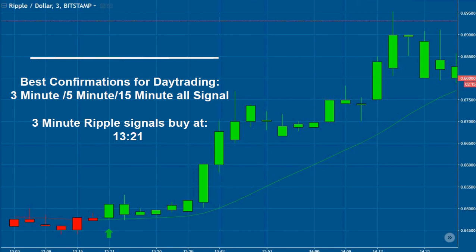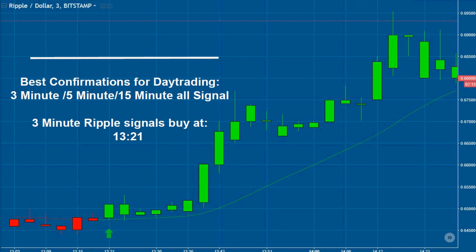And again, back to confirmations. Now, we know that traders love confirmations. We do not want to put a lot of things on our charts and clutter them all up and that take time to analyze. So we think you should figure out a way to trade smarter, not harder. And how do you do that? Multiple time frame. In this case, we're using a Ripple chart, which is a cryptocurrency. We're using a 3-minute, a 5-minute, and a 15-minute chart to confirm the direction.